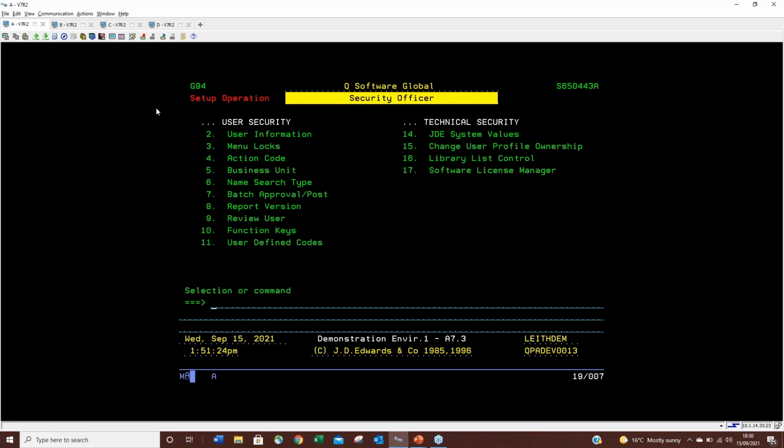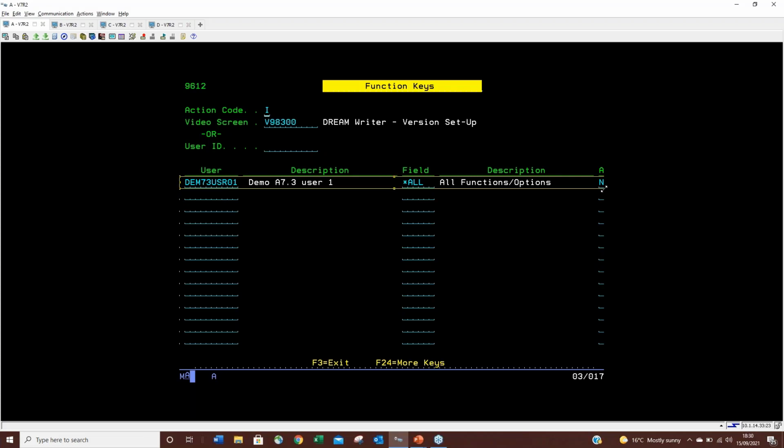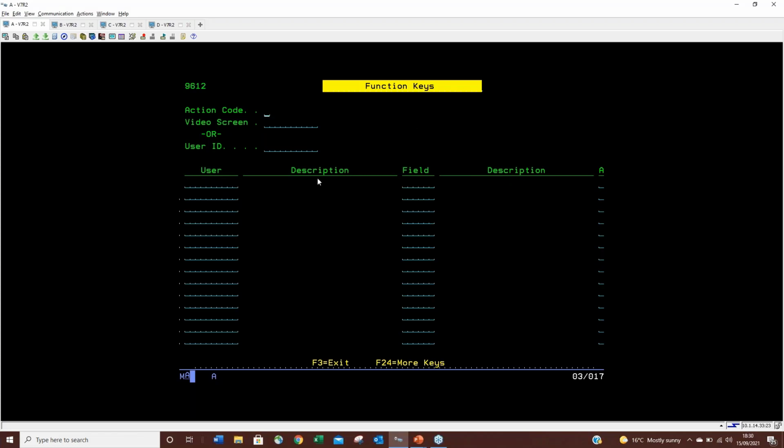Remember when we said that the function key security lock works for every single screen in JDE, and that includes the versions list, the parameterized versions list that you get for Dreamwriter submission. So if I go to my function key security and inquire on that screen, which is the V98300 screen, I can see here my demo user, A star, all, no, associated with that screen. And they're locked out. And if I was to switch that to a Y, just to show you it is the control that's doing the work for us,